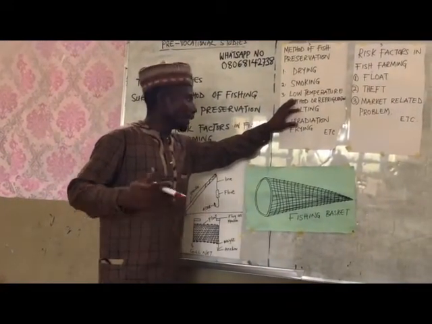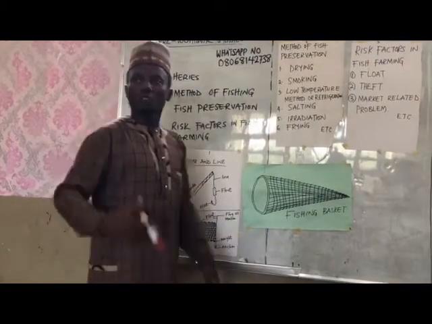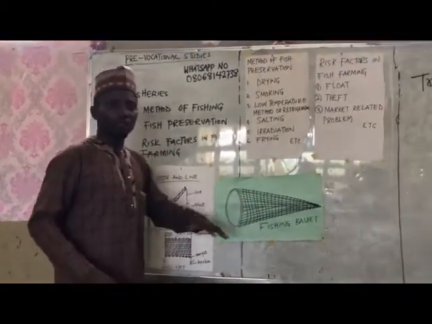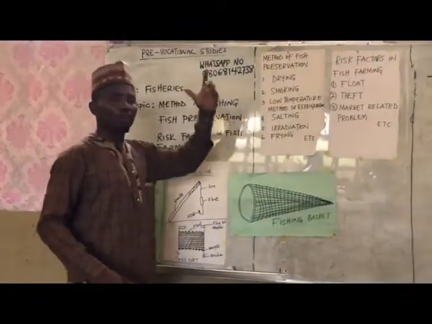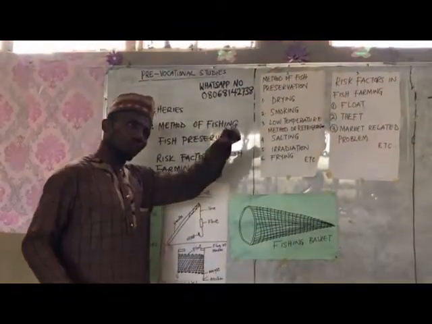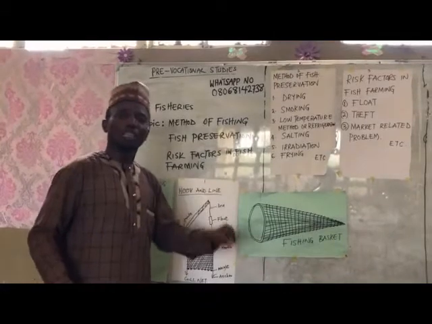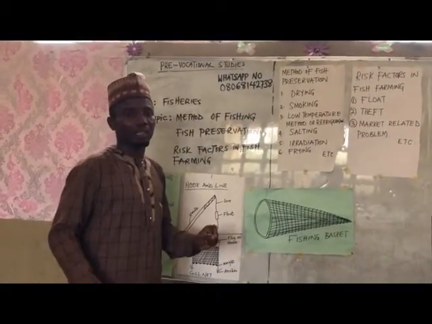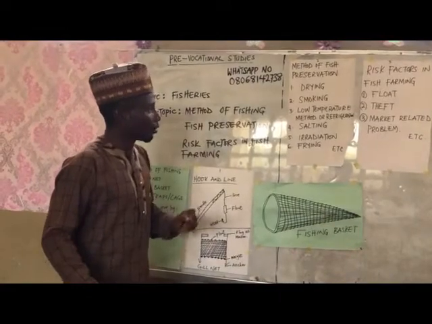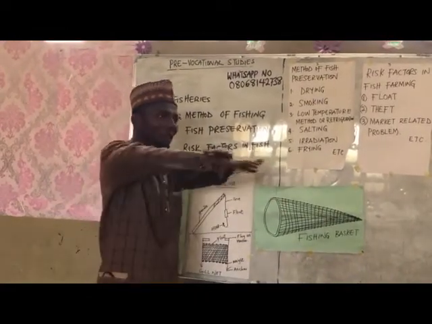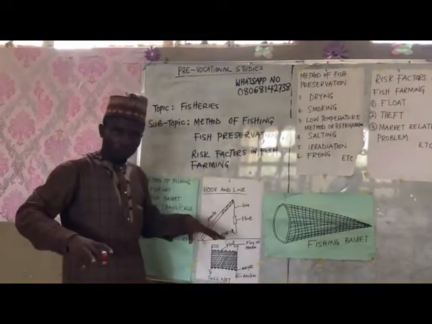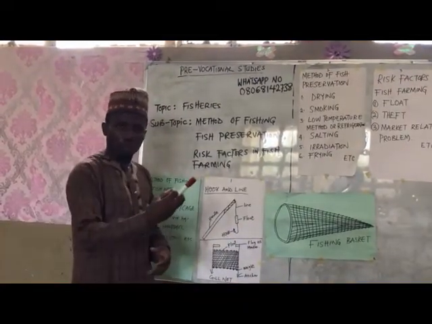Once the amount of air supply is not sufficient, smoke will be produced, and through that you can smoke your fish. And the essence of smoking is also to reduce the moisture content in order to discourage bacterial activity. That is that. When you are smoking, you can place a wire gauze on top of an oven that is producing the smoke.